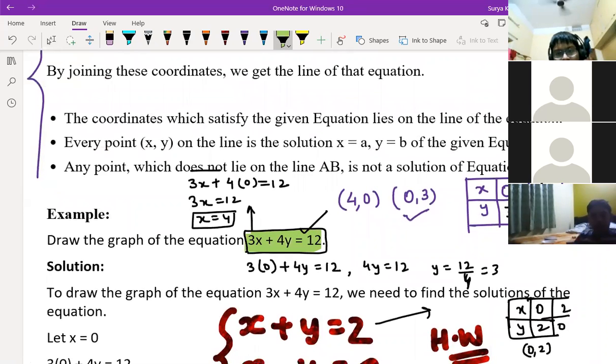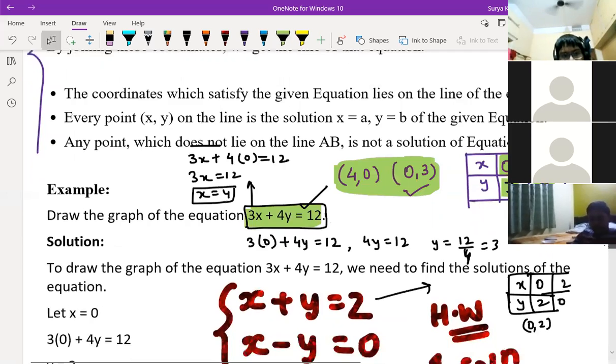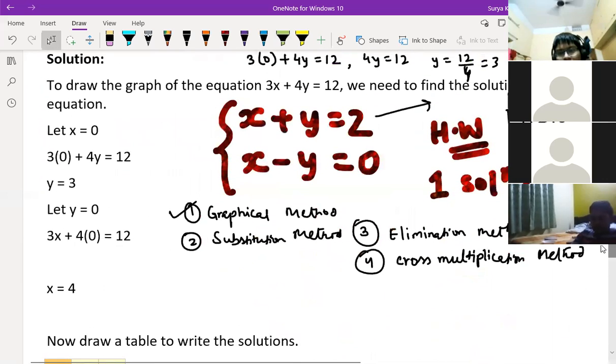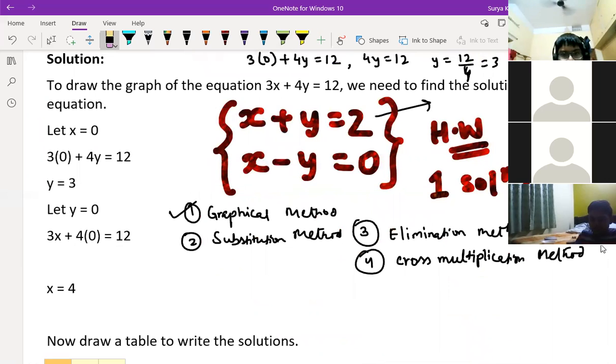So what I told you, once x is equal to 0, y is equal to 3 you are getting. And y is equal to 0, x is 4 you are getting. So these are the two coordinates, right? That you should match. That is a line, understood? That's it. So this is for one line. So for the graphical method, you have to draw how many lines? Two lines, and if they intersect at one place, you are getting only one answer. Is it clear, children, or not? Yes, sir. Graphical method is clear to everyone? Sahil? Yes, sir.